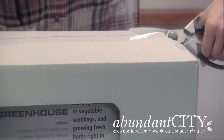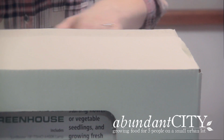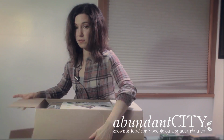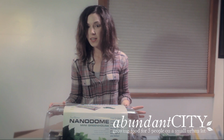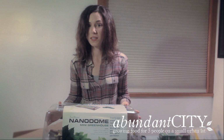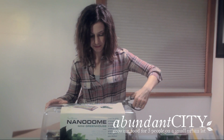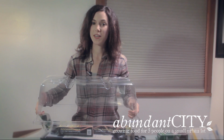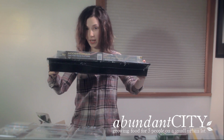And in order to really maximize what we can grow, it really helps to be able to start our seeds indoors. And that's what this is going to allow me to do. It's a little kit that contains a few things. This is a kit that's going to give me what I need to start my seeds indoors, even though it's the middle of the winter and there's not much natural light. Clear dome to seal the humidity in for our seeds. We have a black plastic tray to hold the soil in, and we have